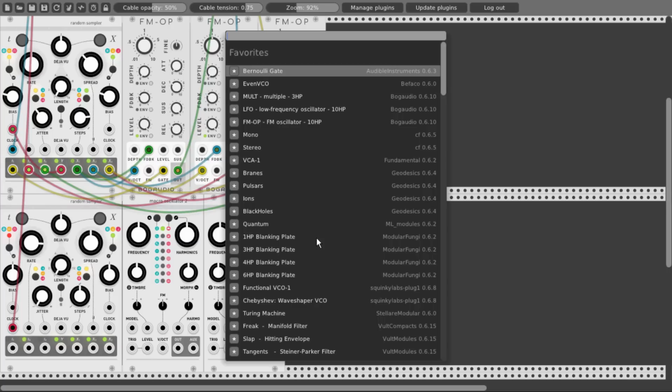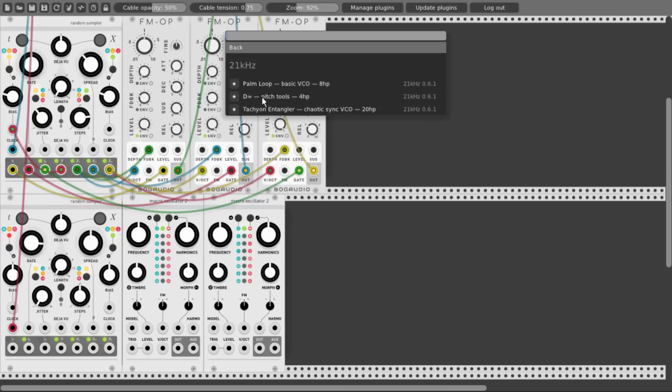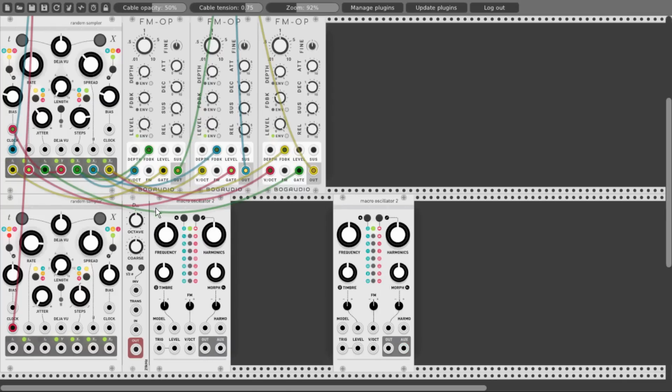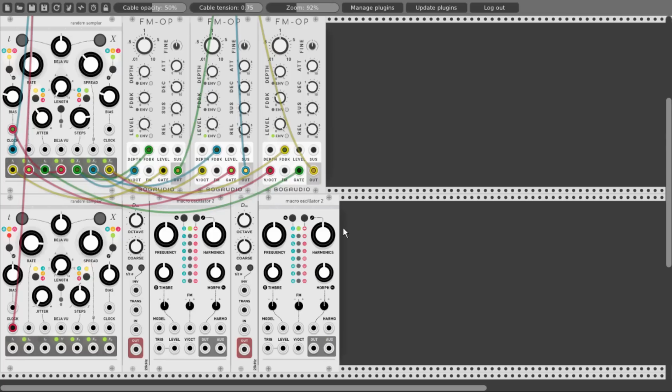And also add 2 Pitch Tools modules, again 21 kHz. Let's make this here nice and tidy. Let's add another one. And change the one to 7 semitones higher in pitch. And the other one we will leave like this, but both of them we will take 1 octave lower. And now we can connect T1 and T3 to trigger both oscillators, and the X1 and X3 to modulate their pitch, again through the Pitch Tools modules.